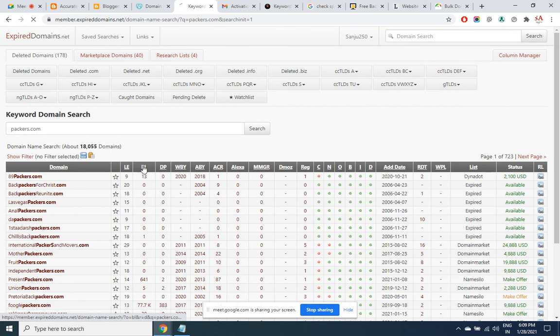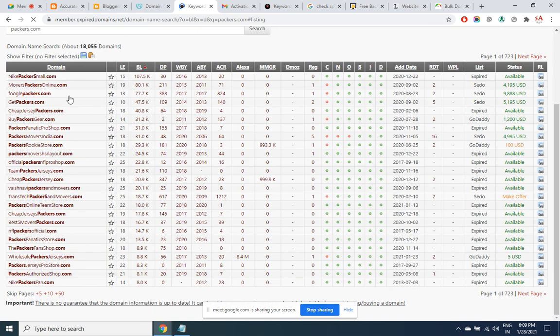So I arrange it again. Like this, I get all the domains that are available for a regular price. Check them.